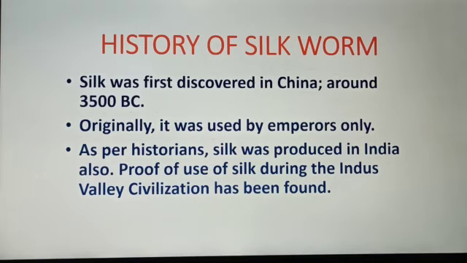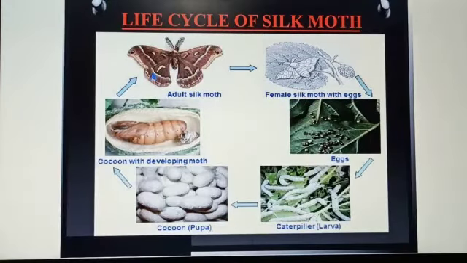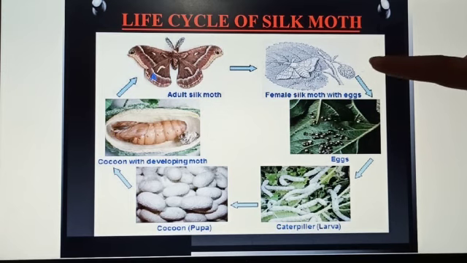Silk was first discovered in China around 3500 BC. Originally it was mainly used by emperors only. As per the historians, silk was also produced in India and proofs of use of silk were found during the Indus Valley civilization. This is a picture showing the life cycle of a silk moth, in which we start from here,